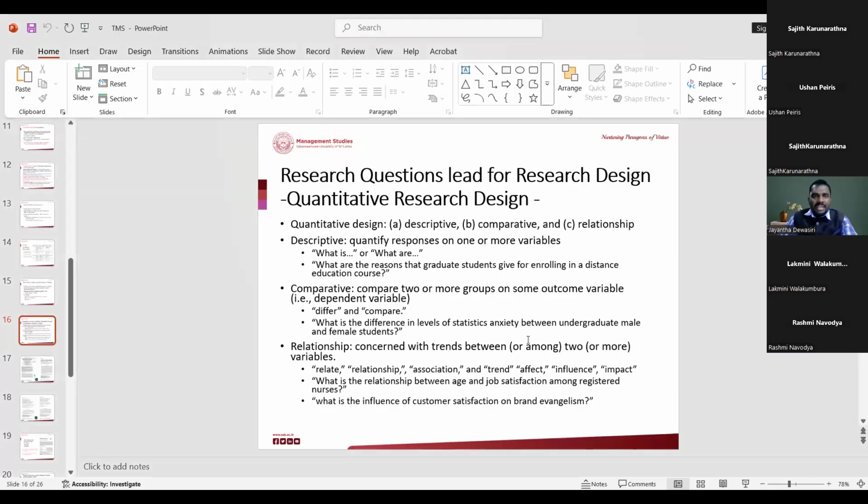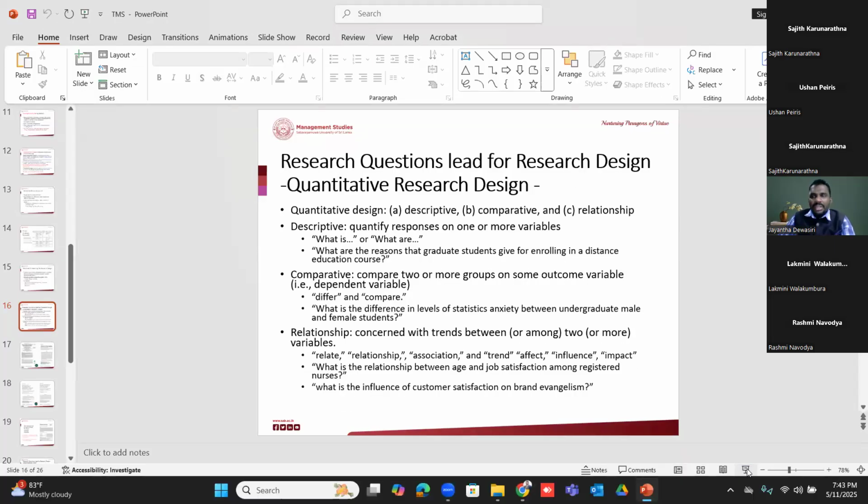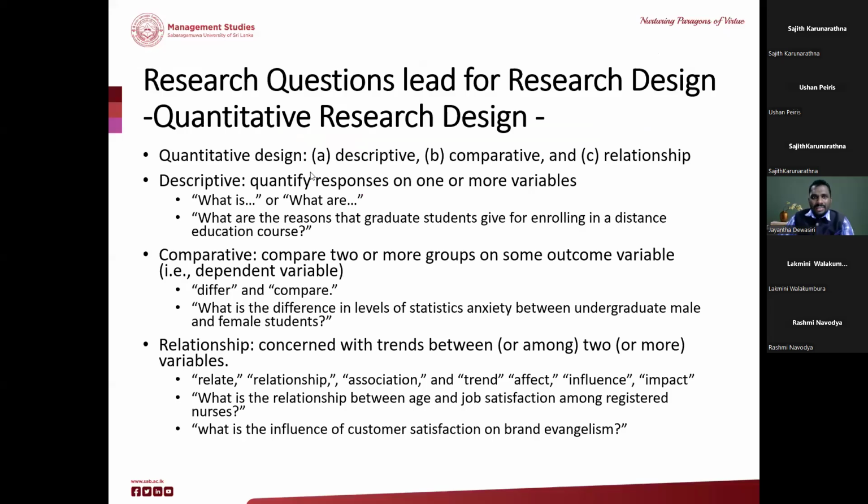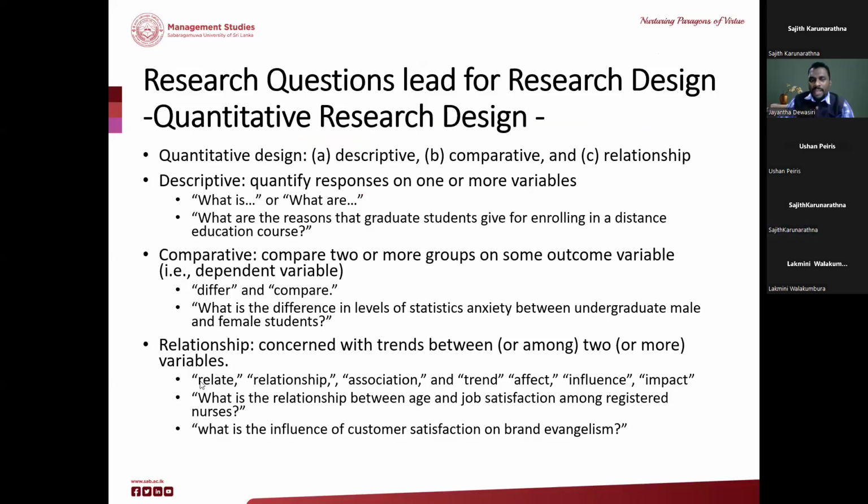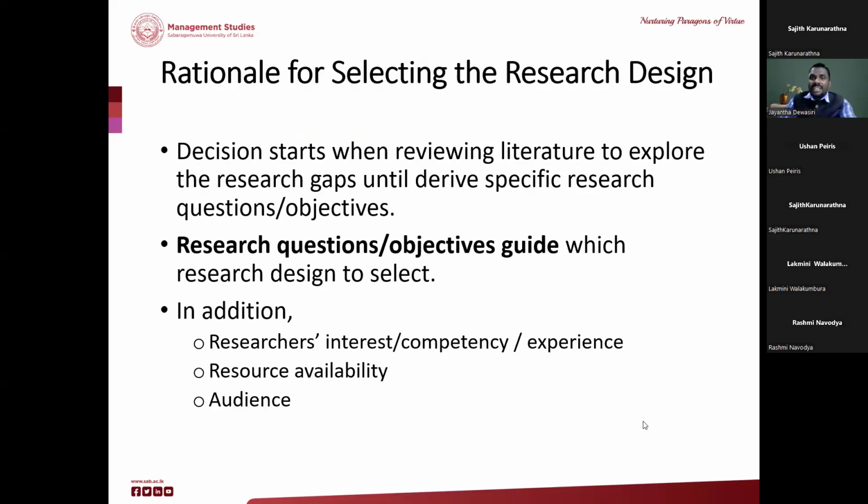So we were discussing the nature of the research question. In the Q&A, I can see quantitative. Please look at the relationship bounded questions here, concerned with trends between or among two or more variables. It basically uses relate, relationship, association, trend, effect, influence, impact. Impact is there. So this research, the impact of